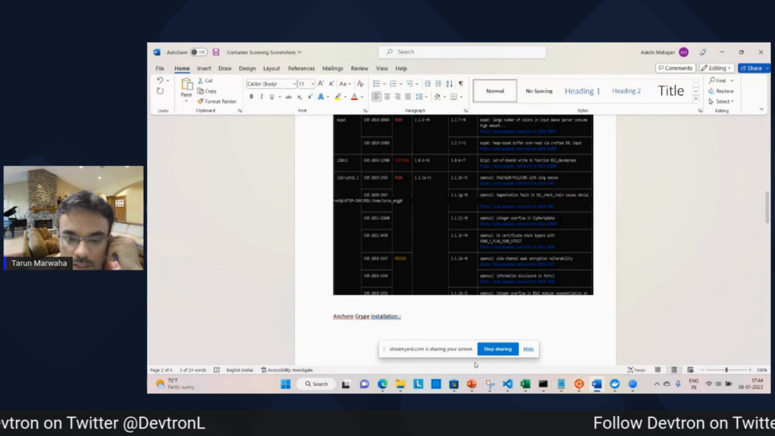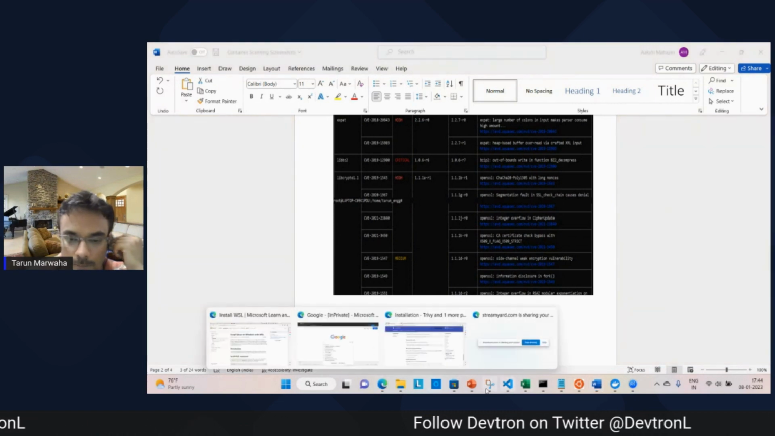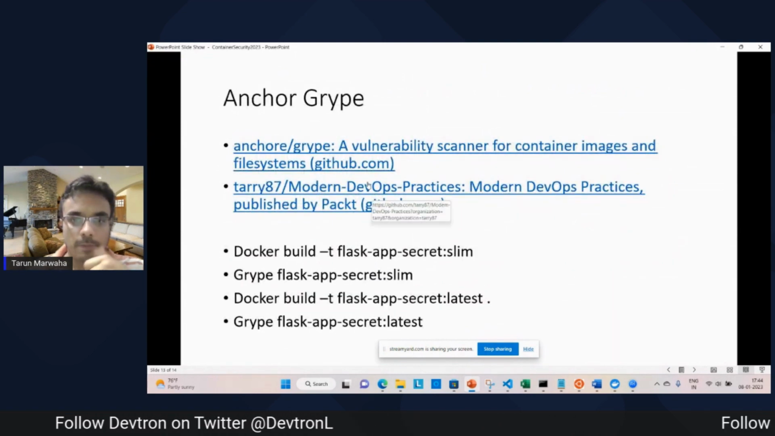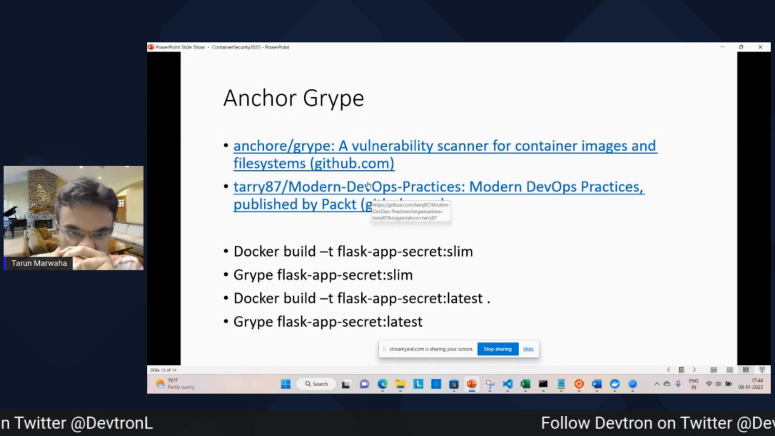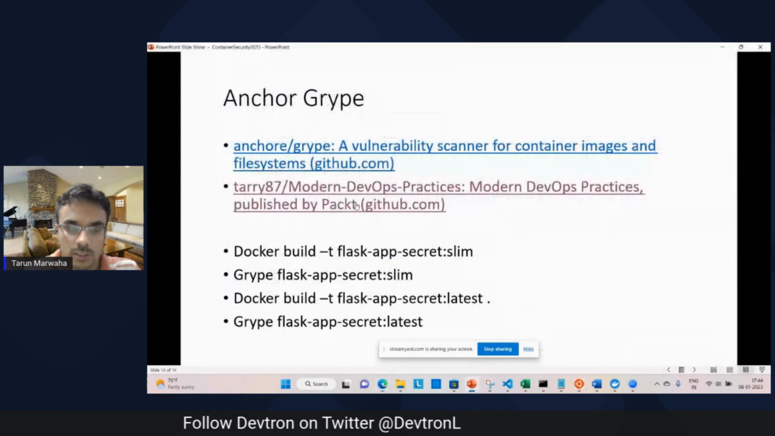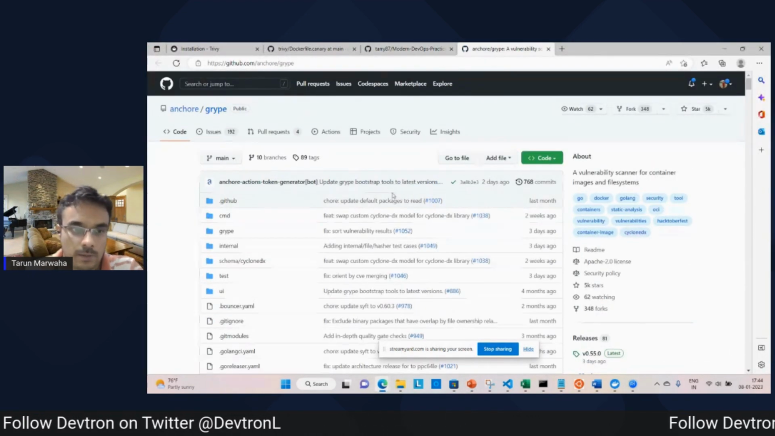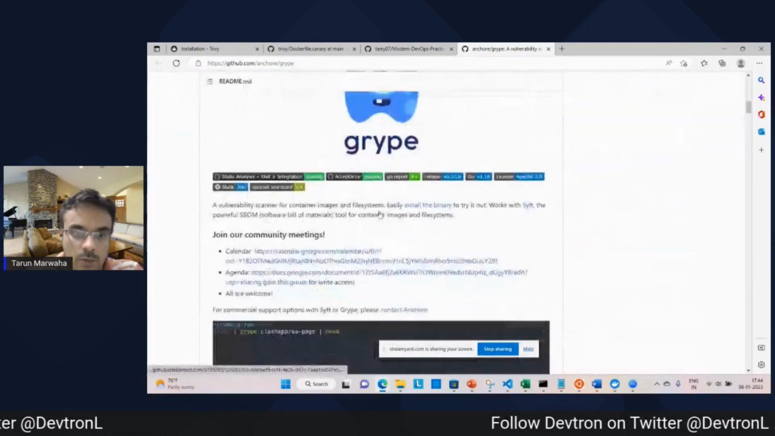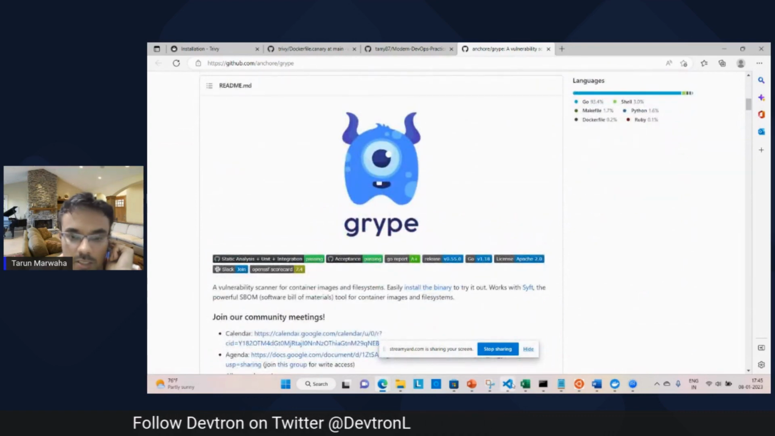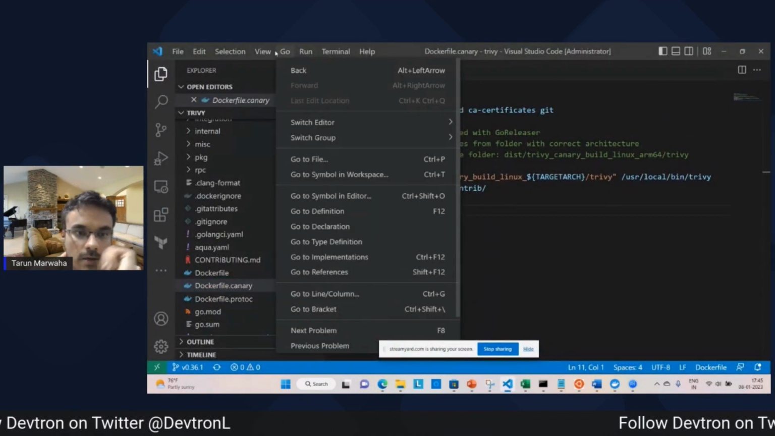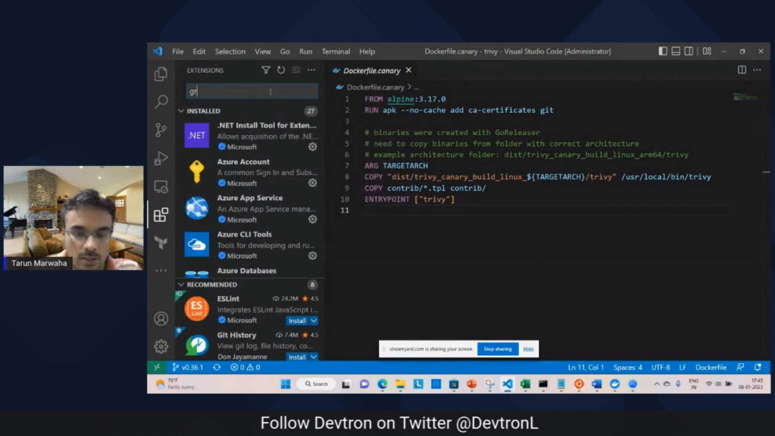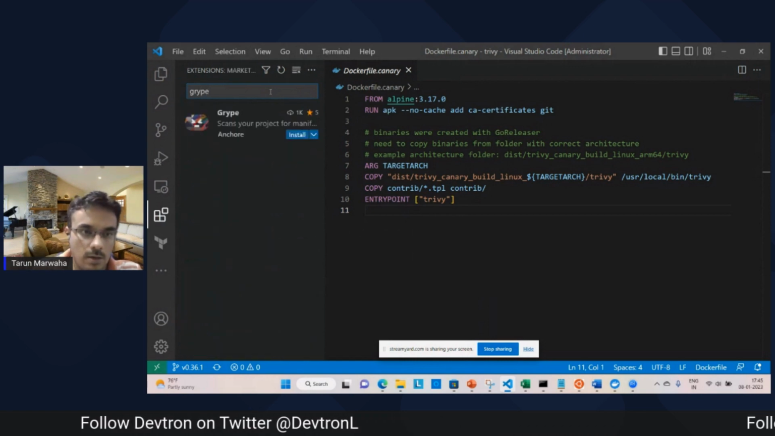The other tool which I wanted to cover is basically Anchore Grype. Anchore Grype is again a vulnerability scanner for the container images and the systems. And this I have just cloned in my local system. The original one you can find here in the repository. So this is another tool which is used for the scanning. And for Visual Studio, this is the extension which is available, Grype, or Anchore Grype,